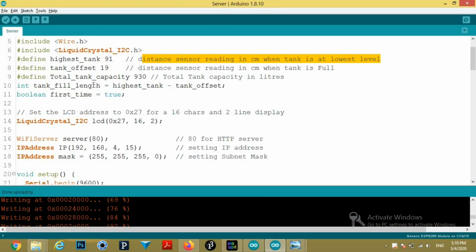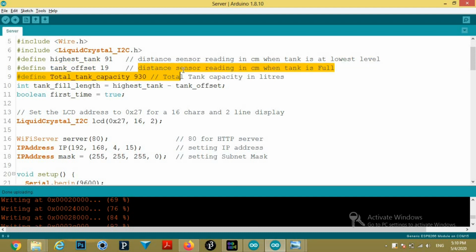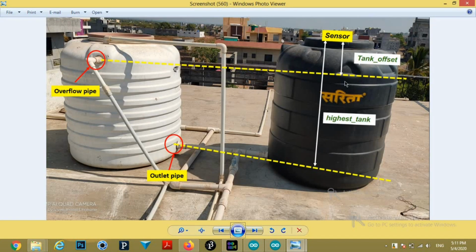Then the next variable is tank offset. Tank offset is the distance sensor reading in centimeter when the tank is full. From this image you can see tank offset is the distance between the sensor and the water level when the tank is full.